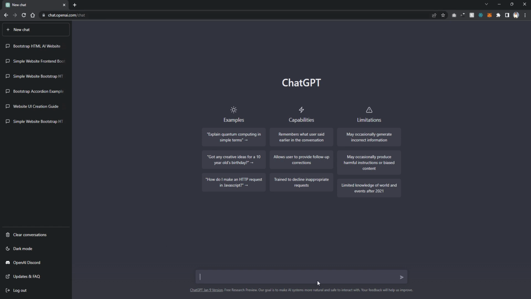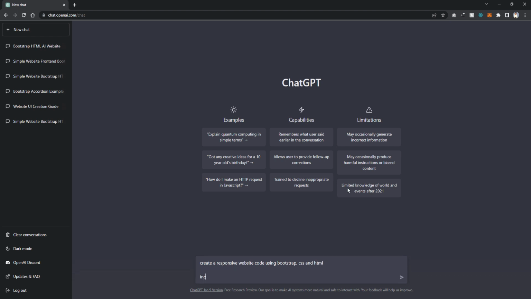So let's start. First of all, what we have to do is give the command: create a responsive website code using Bootstrap. This will be used for responsiveness and the menu and a few basic styling. Then let's make it CSS, that will be used for the core styling, and then HTML, that's the core structure,